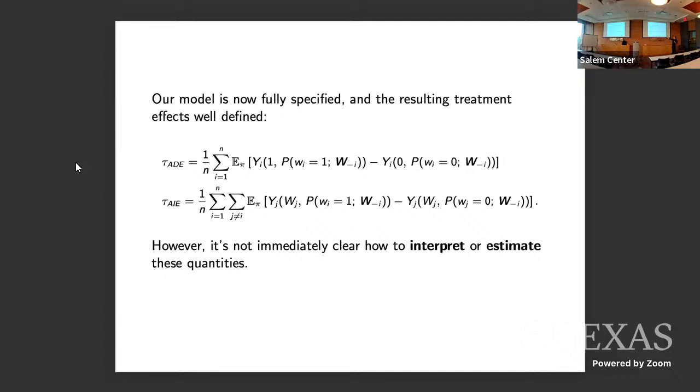This is a double sum over i and j for i not equal to j, so I could take it both ways, because there's one type of unit and it is the same. The reason I wrote it in this direction, I agree, I also typically think about the indirect effects the other way: what is the effect of everyone else toggling their treatments on me, as opposed to vice versa? But it turns out when you want to understand the statistics of this problem, this is the right way, because that's where the randomness is coming from. My treatment is randomized, that's the random outcome, and then I want to understand how it affects outcomes for everyone else and for me. These are the two consequences of my treatment.